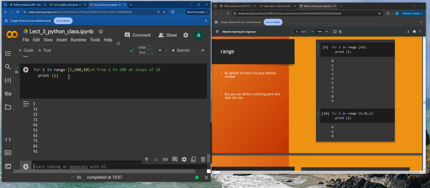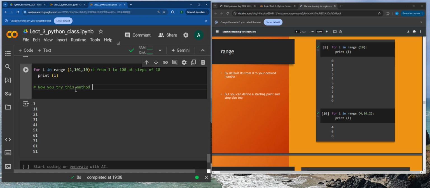the steps of 10. What if we wanted to get number 101, the number 100 itself? What if I do that? So it's going from 1 to 101, all right? What I'd like you to do on your own time, see how you can play with these numbers, try this at home. So now you try